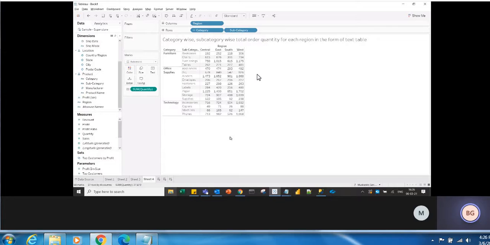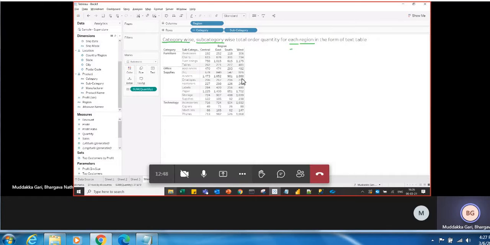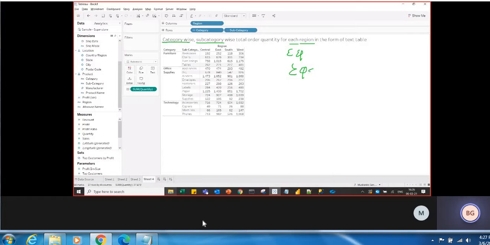So how do you identify? If there are three dimensions in your task, like category, subcategory and region, whatever dimensions come after the words each and every, okay, these are the keywords I'm telling, so you can identify blindly.